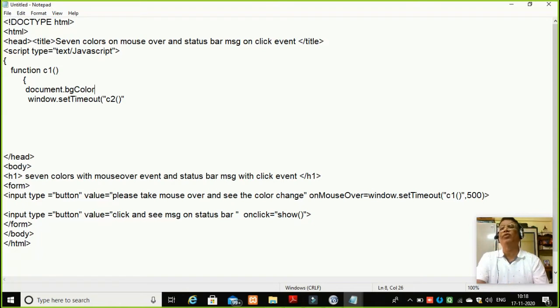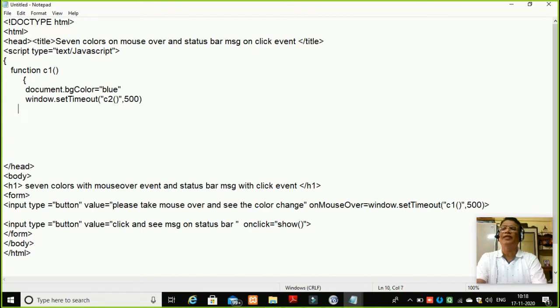Its background color I'm going to change to say blue, and thereafter after 500 milliseconds I'll call the C2 function to change the color of the next page. Now I will end this.